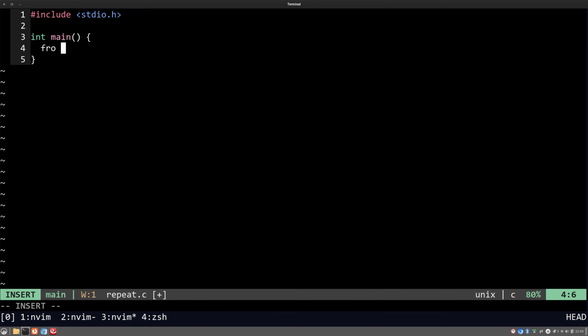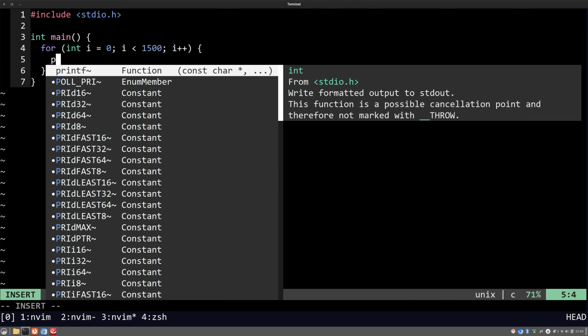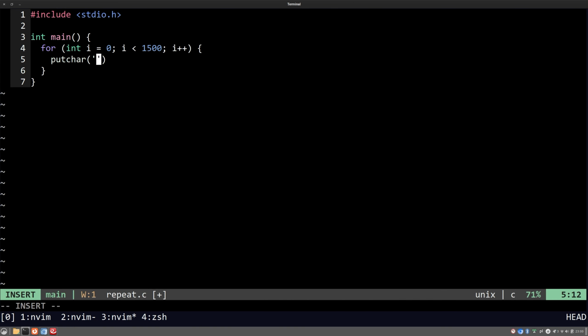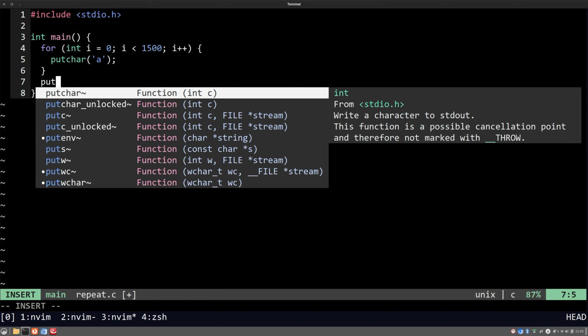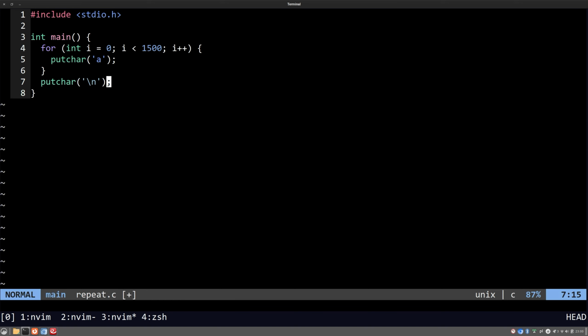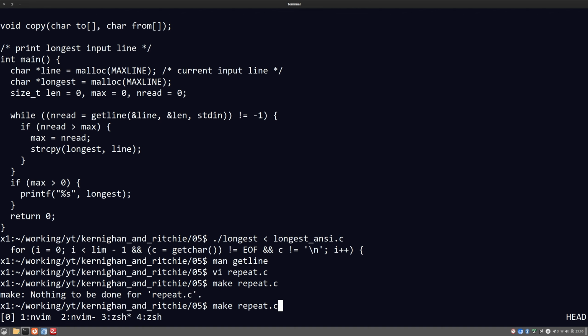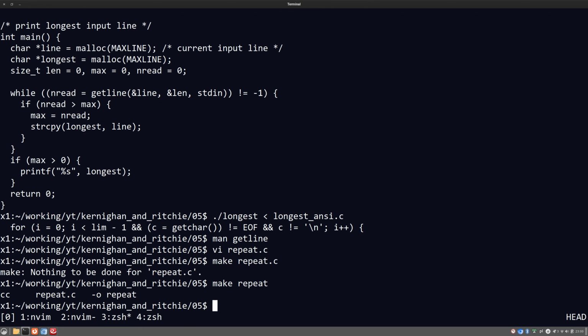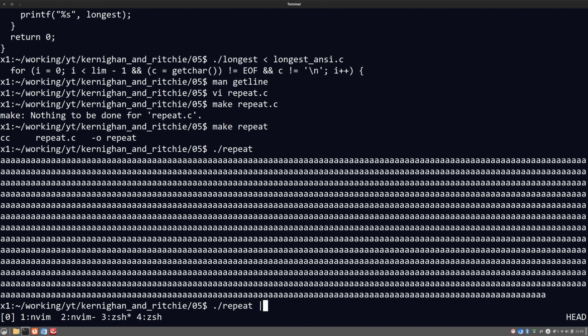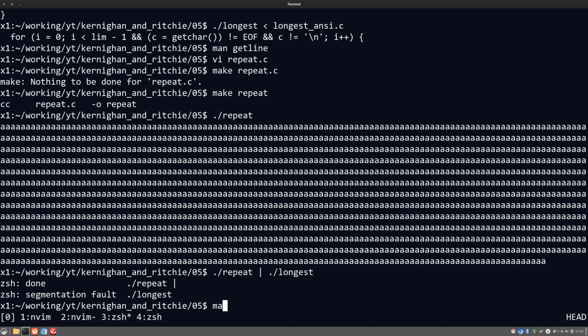So for int i equals 0, i is less than or equal to 1500, i plus plus, putchar a, and then putchar newline like this, make repeat, and then repeat. Okay, so it prints a very long string, and then if you pass it to longest,